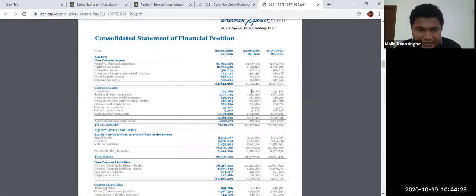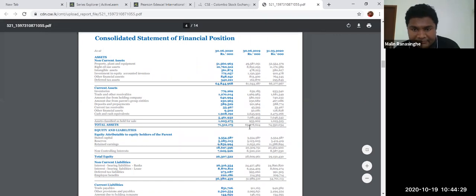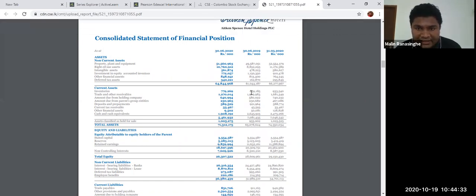It was the current asset level. Total assets were 69 billion last year, this year 71 billion. They have improved because of their inventory. What happened? Inventory improved because there are no sales; people are not coming. They have enough unsold stocks. These are not perishable items like vegetables and fruits. These are other inventory stuff they actually bought.